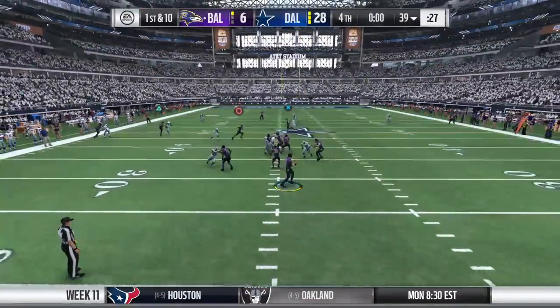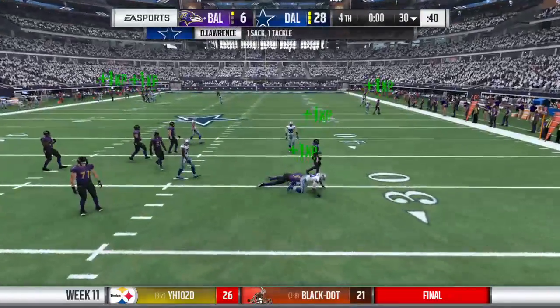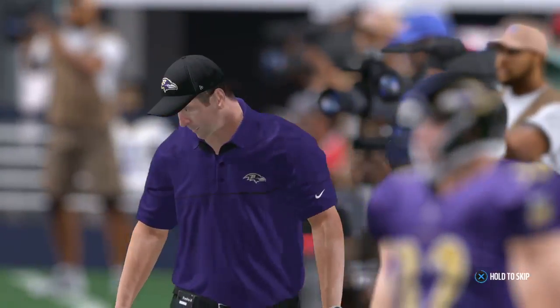One last gasp for Flacco. Under pressure, and Flacco's going to be dropped. And, Charles, you know what coaches always...